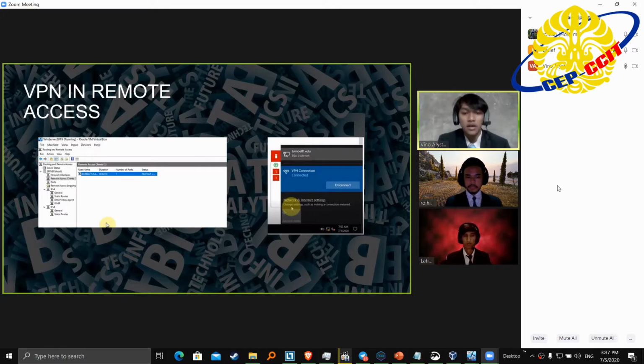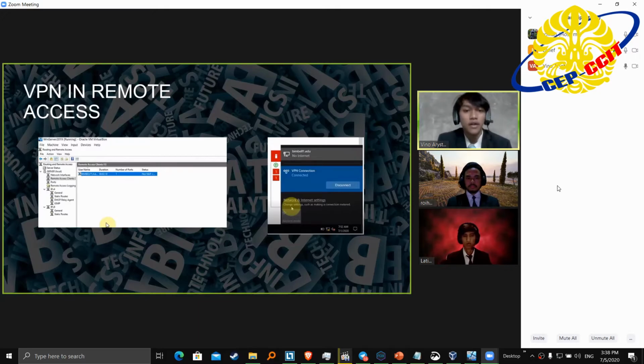A network access server could be a dedicated server or it might be a software application running on a shared server.